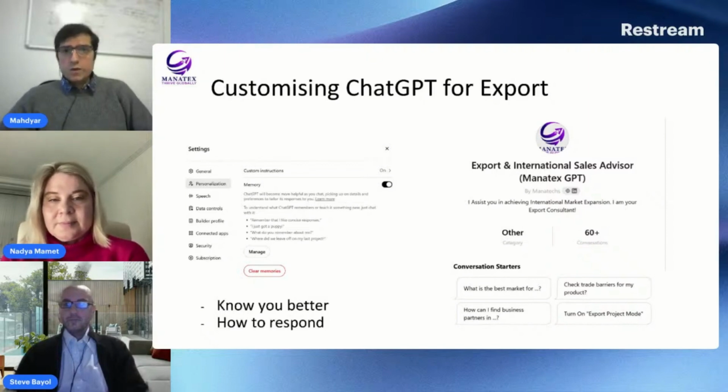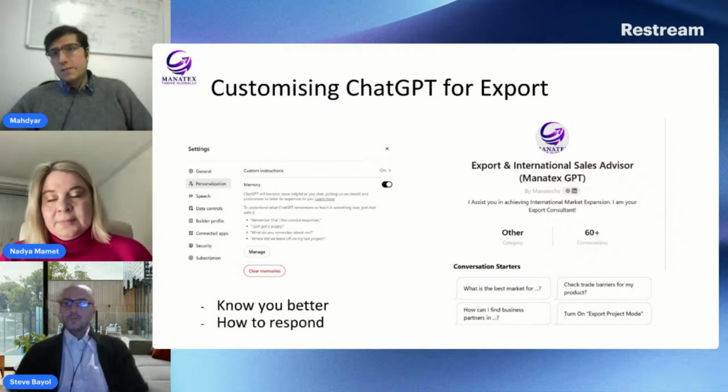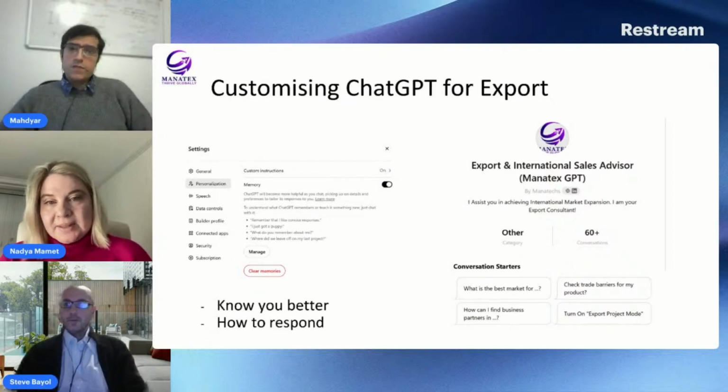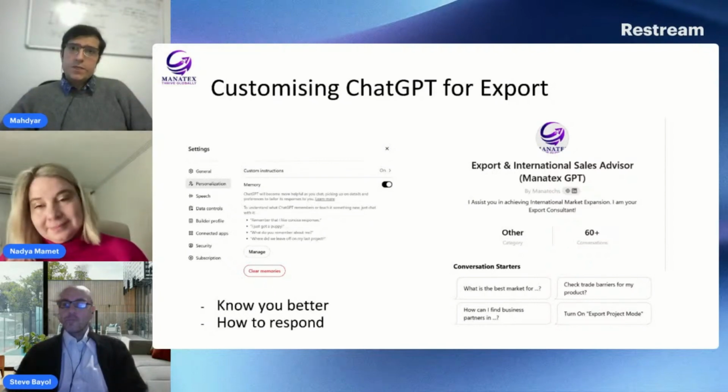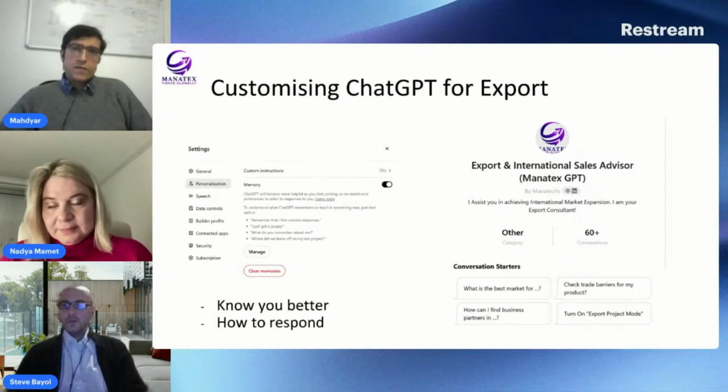So in your personalization in the settings, you can go to the memory and then talk about what you like for the memory, so that it memorizes it, and also activate custom instruction. In custom instruction, you have two options. One is to explain about yourself, your company, a lot of things. You can even give your website to it so that it learns from you. The second option is how it can respond to you. That's where you can train it in each response on what you like and what you don't like.